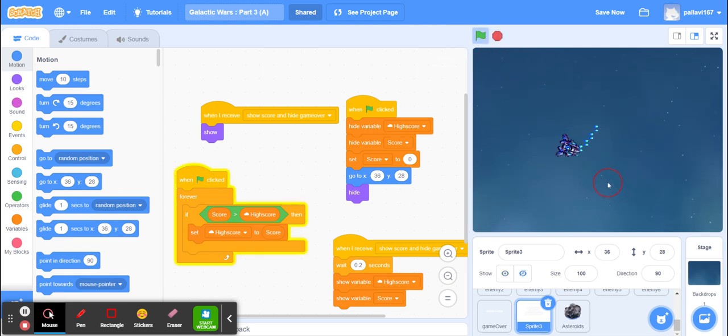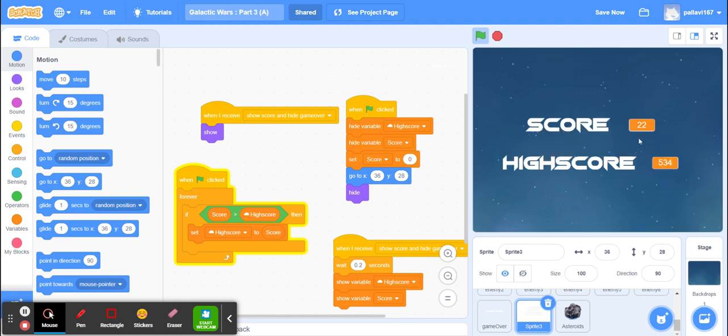Here I'm going to show that again. I'm going to score some points by killing some of the enemies. Those enemies that take more time to get destroyed are also going to give me more points. Now this one follows me wherever I go. Now there is game score, then there is score and high score.